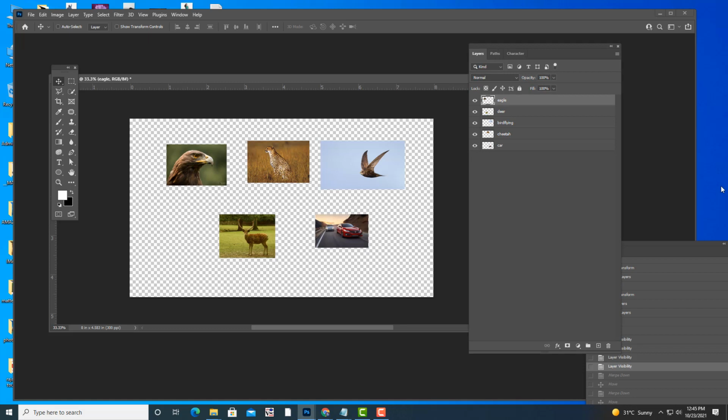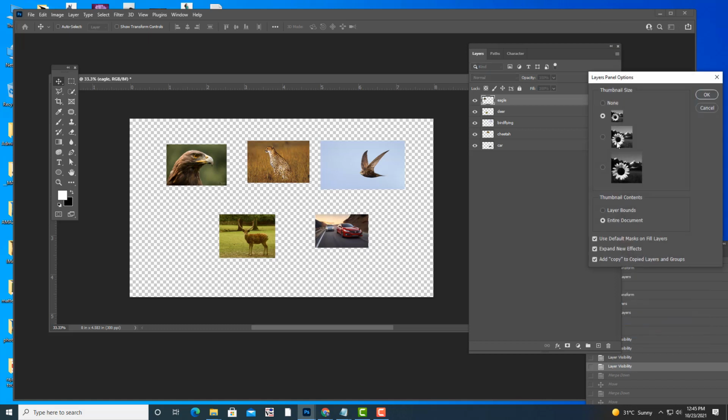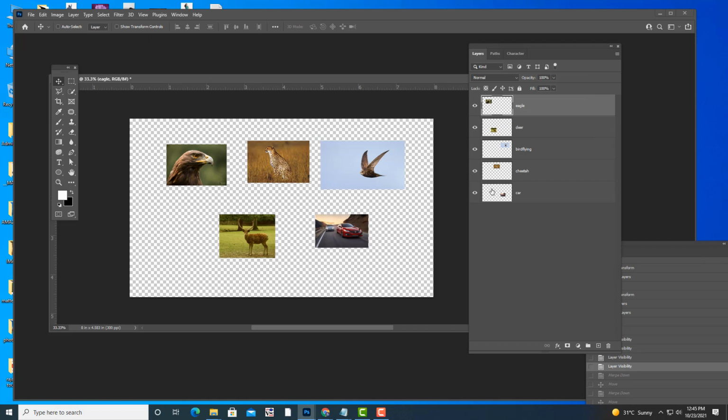But if you want to enlarge the size of the thumbnail, okay, what you can do, just go to the panel options, select the large thumbnail like this. See, now the thumbnail size is big. Okay, so like that you can adjust the size of the thumbnail. Okay, right. Next is